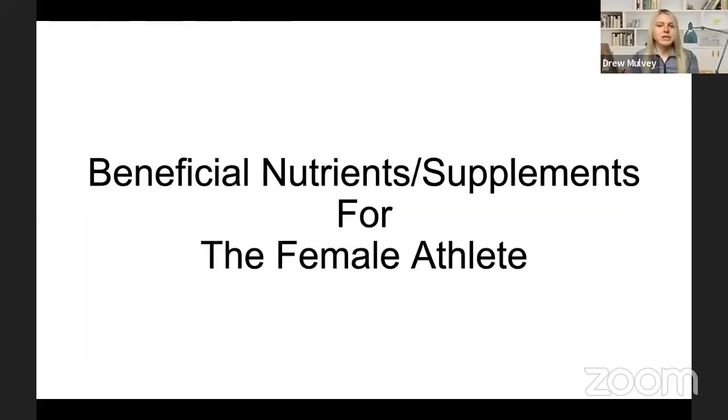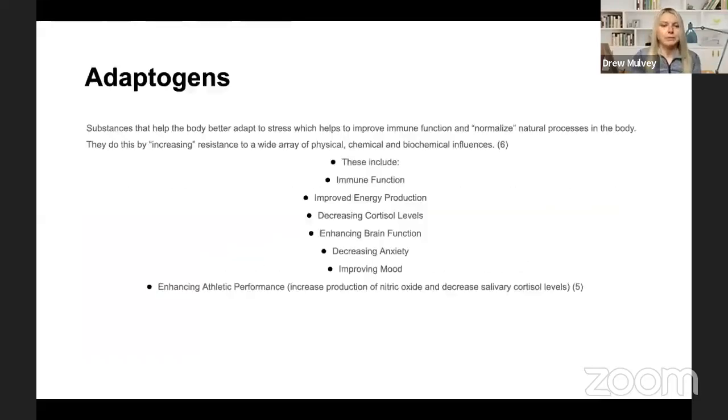So how about some nutrients and supplements that are really important for the female athlete? Well, the one that I usually recommend, and I'm on myself, is adaptogens. So what are adaptogens and what exactly do they do? These are compounds that help the body to better adapt to stress, which helps improve immune function and normalize natural processes in the body. It does this by increasing resistance to a wide array of physical, chemical, and biochemical influences. This includes immune function, improved energy production, decreasing cortisol levels and enhancing brain function. It decreases anxiety, improves mood, and